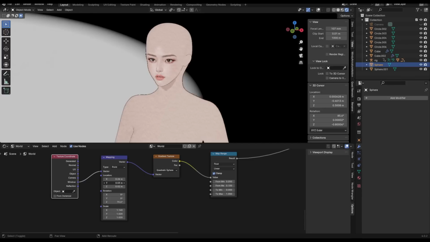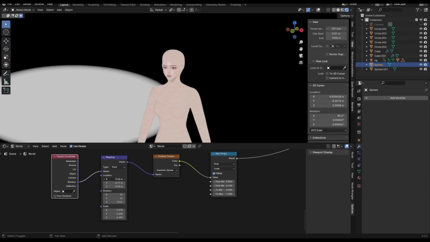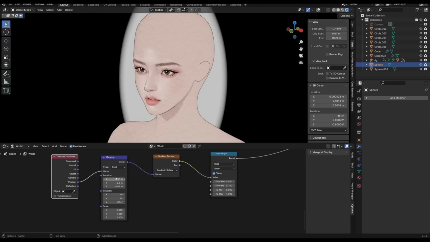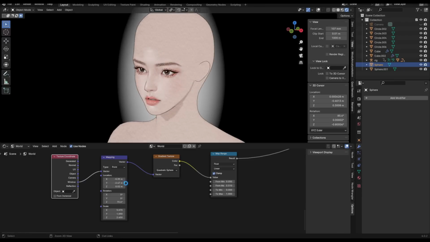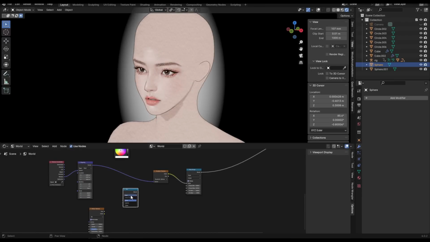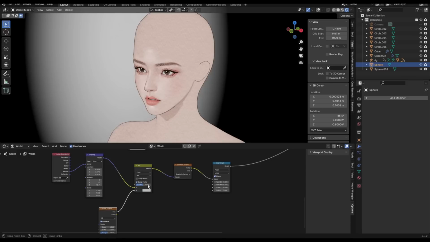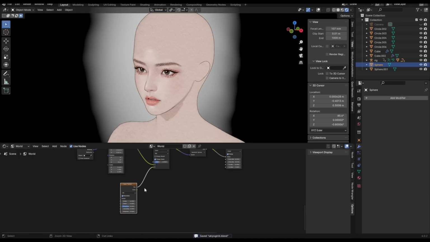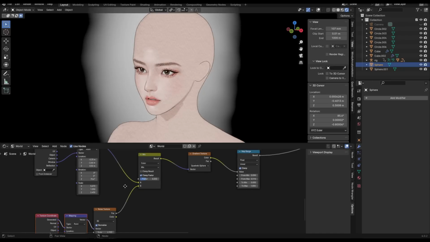And I added a map range node as well after that to clamp the values a bit, and this is all just according to your visual taste and however you want it to look, so you don't have to get it exactly like I'm doing here. I also added a mix node in between the mapping gradient and the texture node to displace it a little bit, and that's something I explain once again more in depth in the first 3 minutes of my master stylized animated water video that I was just talking about, so be sure to check that out if you don't understand